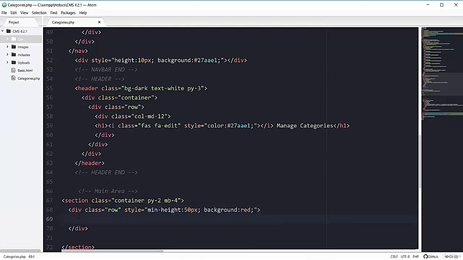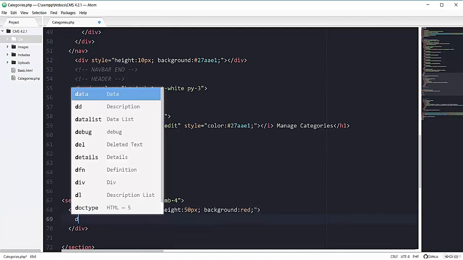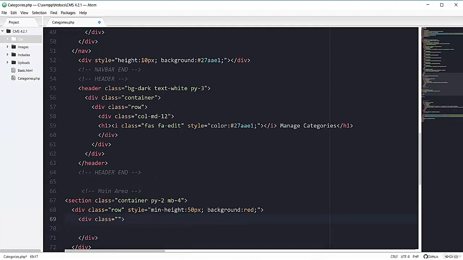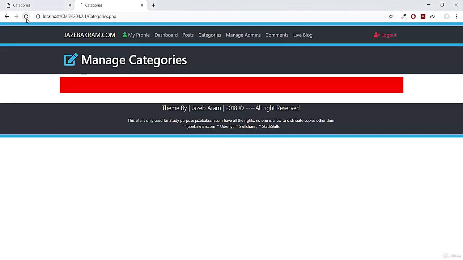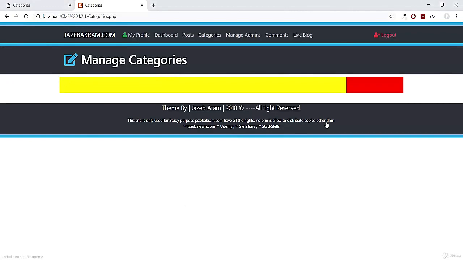Now inside this row we will have one more div which will take total 10 column on larger screen. And now let's also give it some background color and minimum height to 50px and background color to yellow one. Now let's bring it in our browser. So this col-lg-10, which has the yellow color, is taking 10 column, and then there are 2 columns on the red side here, as you can notice.